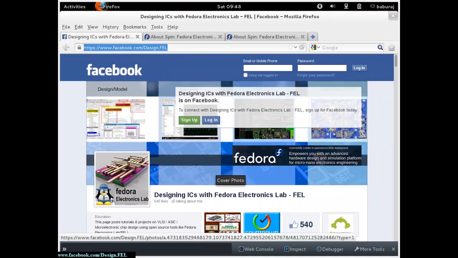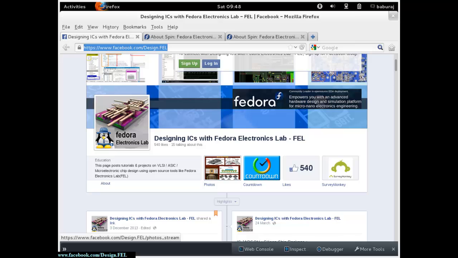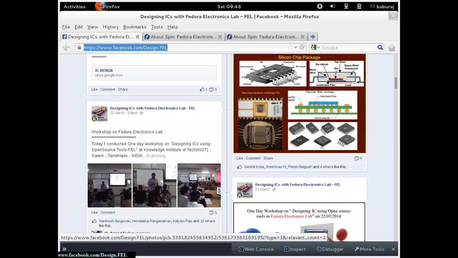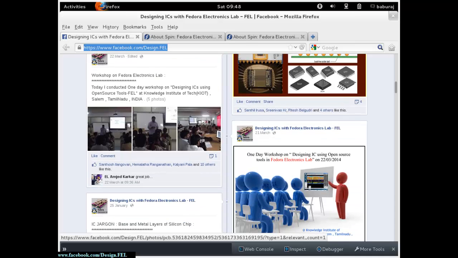So this is the Facebook page which has been set up to teach and to coordinate the Fedora Electronics Lab activities. If you scroll down the page,